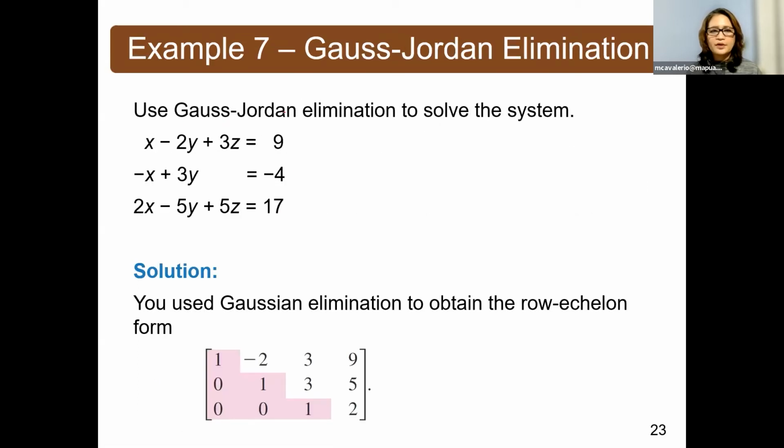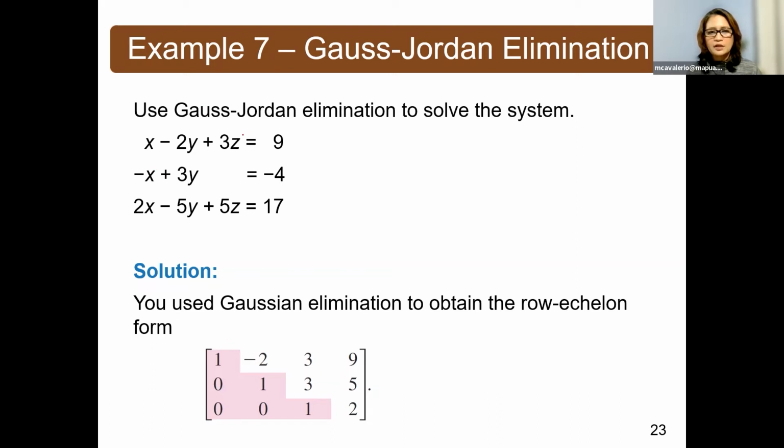Example: use Gauss-Jordan elimination to solve the system. It is actually the same problem that we had earlier. So using the same problem, x minus 2y plus 3z equals 9, negative x plus 3y equals negative 4, 2x minus 5y plus 5z is equivalent to 17. So again, we form the augmented matrix. So we have here 1, negative,